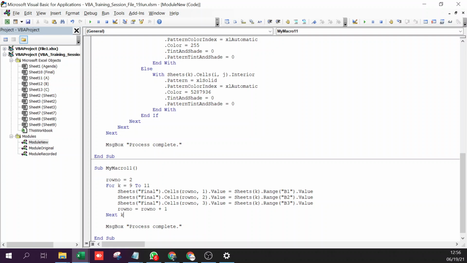Okay. Annapurni has asked, could we use the same concept if we want to create macros in spreadsheets? Sorry, I did not really understand. What do you mean macros in spreadsheets?